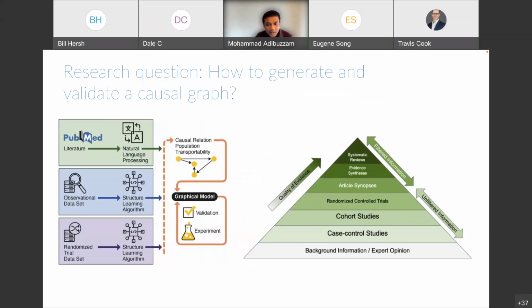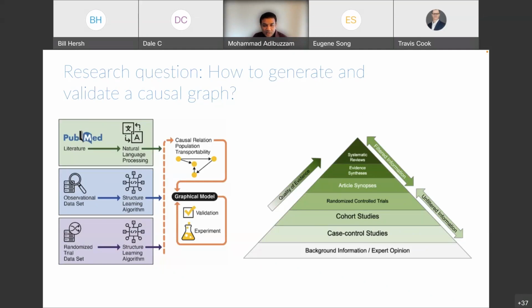The other topic in the causal inference area that we are working on is how do we come up with the causal graph in the first place? This is ongoing work as well. And the idea here is that